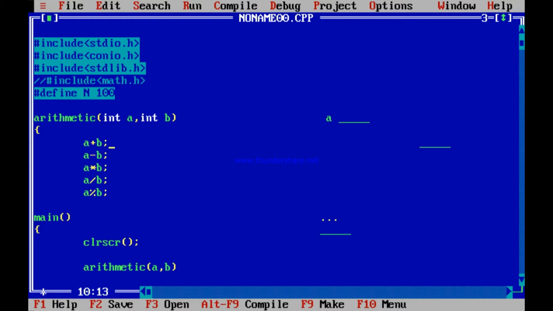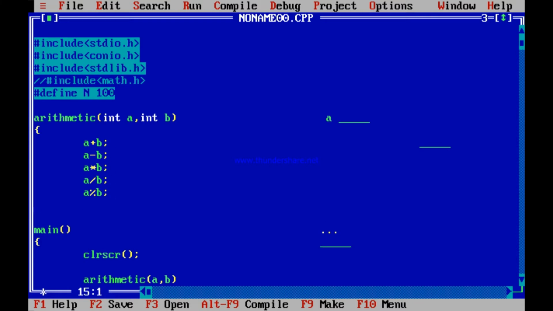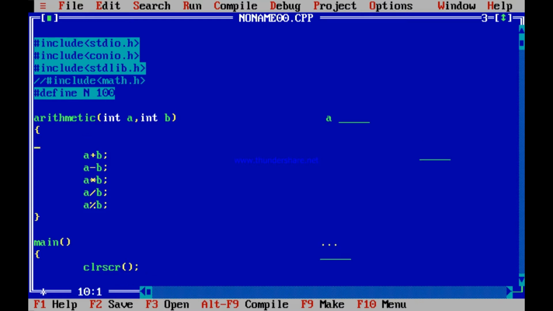Where will I store them? I cannot return all these together, can I? Can I return all these things together? No, I can return only one thing. So why not store this in memory locations starting from some pointer p. I can do something like this, that I declare some pointer, int star ptr.